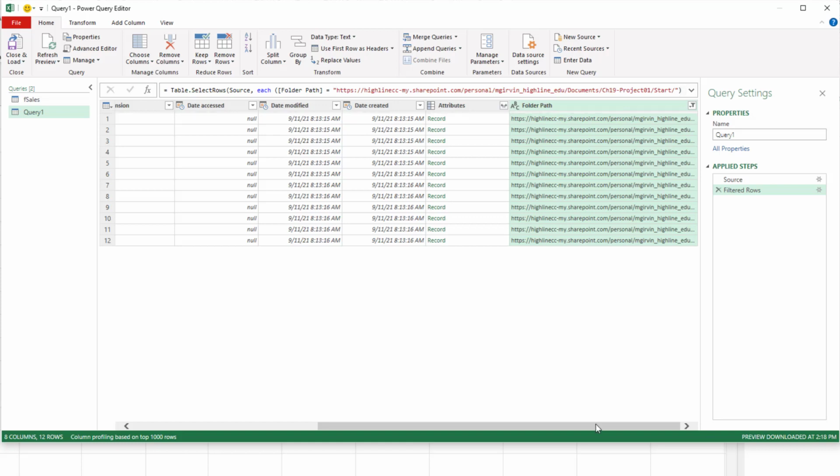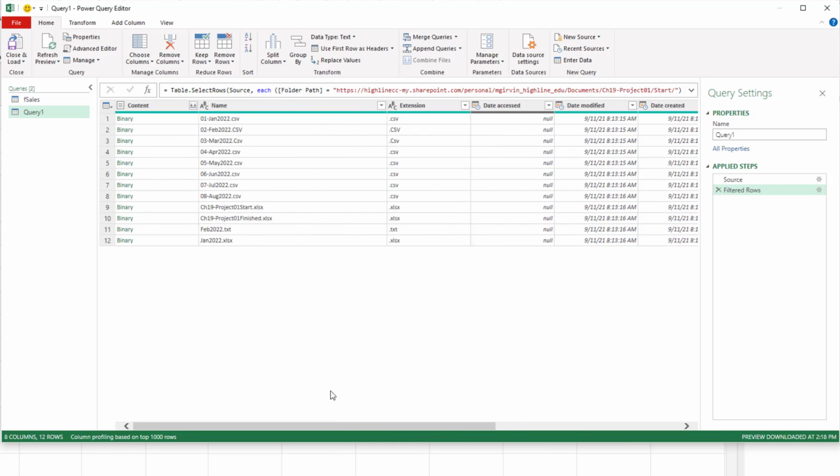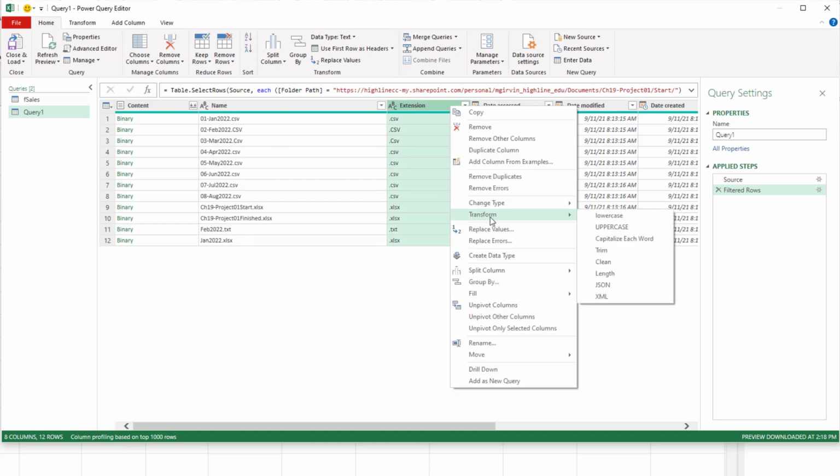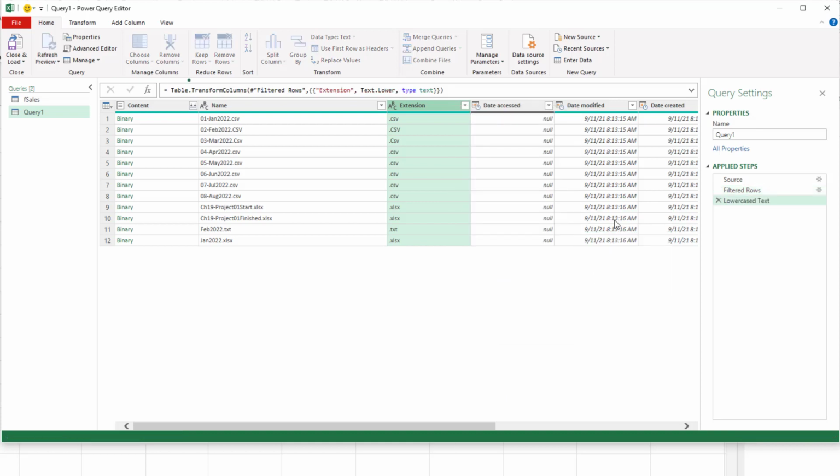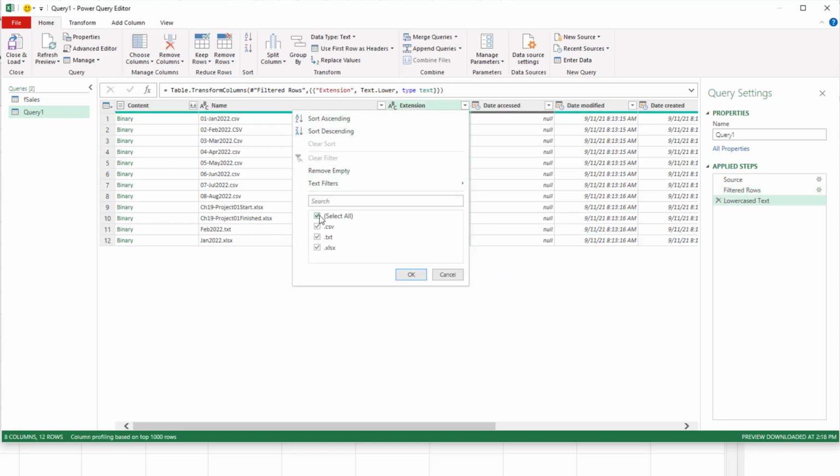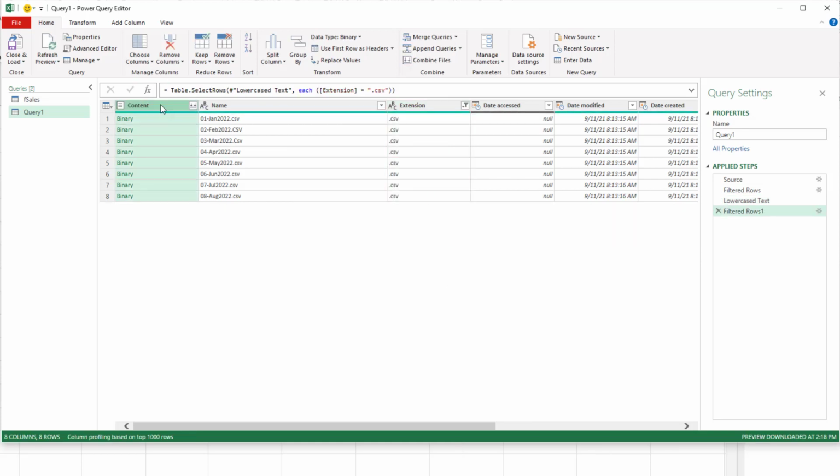Click OK. And we scroll over. The rest is all normal Power Query. Now I want to come over to Extensions and right-click, Transform, Lowercase. And then I want to include only CSV files. Click OK. The content column has CSV files with tables with the same structure and naming, so we can use